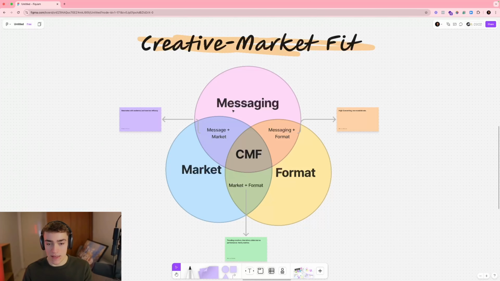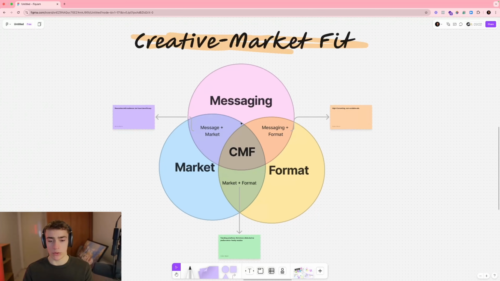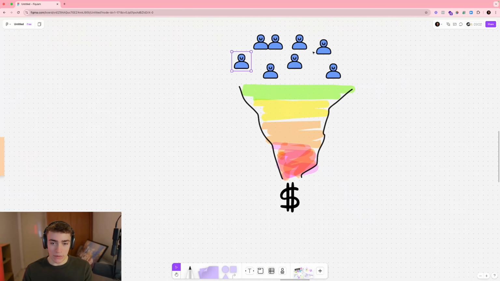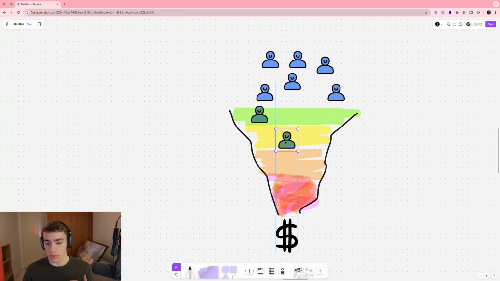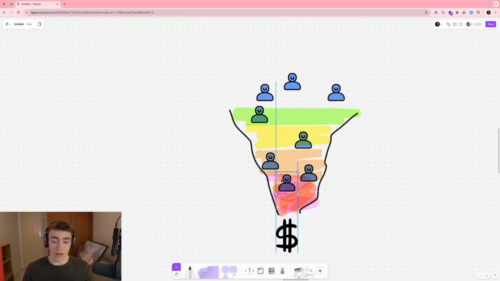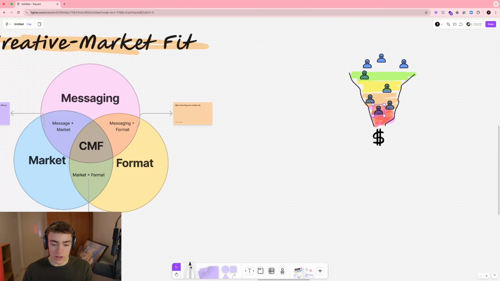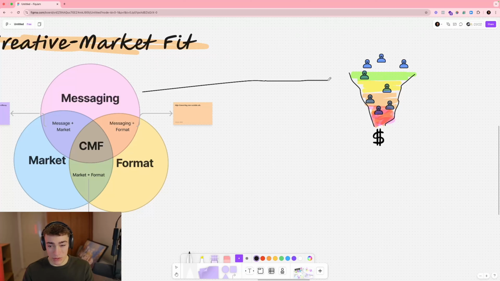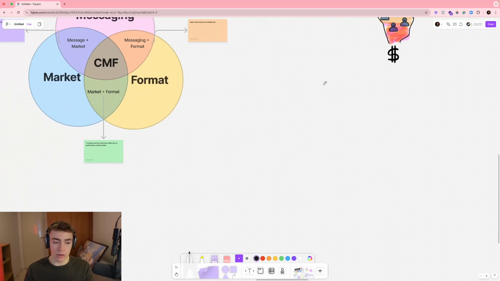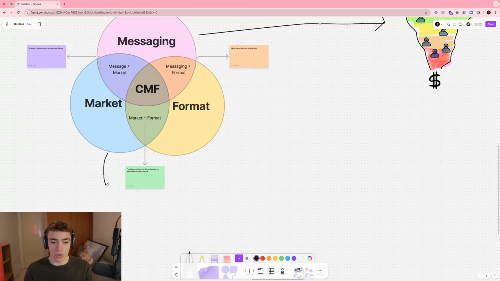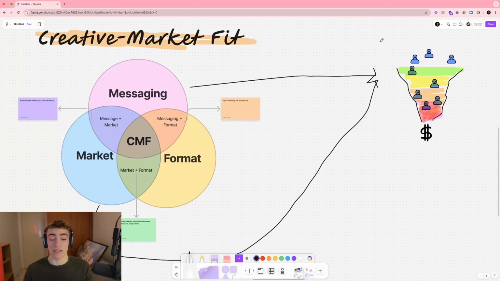The first thing I go into when we look through an ad account is that a lot of the time, customers are at different stages of the funnel. You'll have someone who's completely unaware, someone who's problem aware, someone who's solution aware, most aware, and so on. We need different messaging to convert all of these people. The same goes for the market. Think of it as an avatar: there might be different avatars in your funnel, and obviously you need different messaging for them.